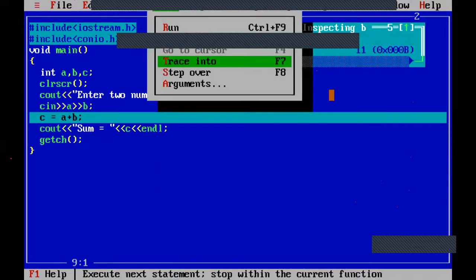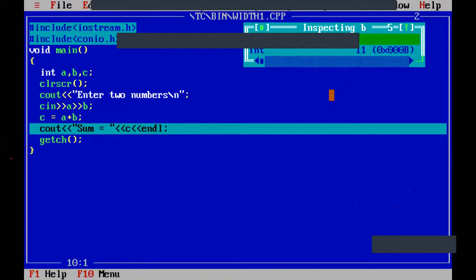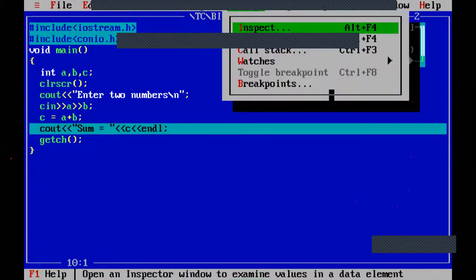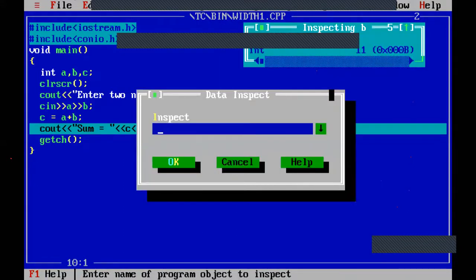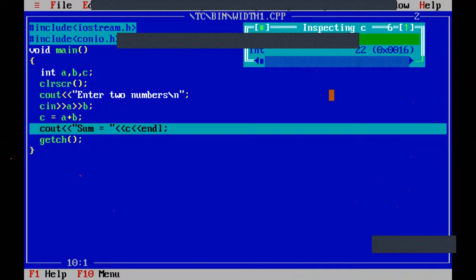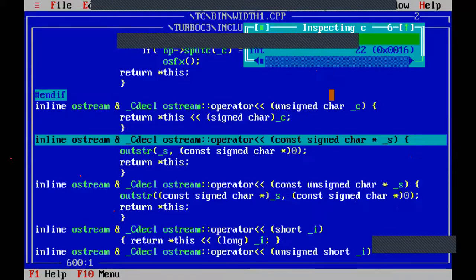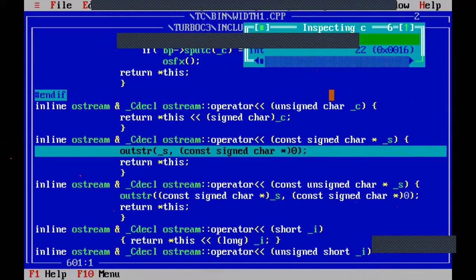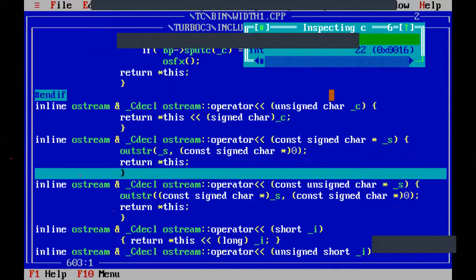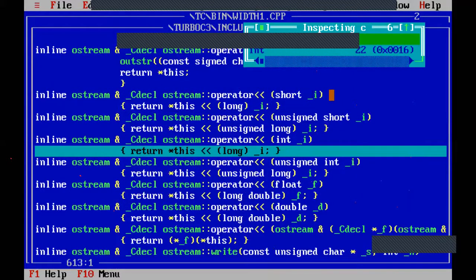Then you trace the program again. Now, if you look at the C value, go to the debug option, Inspect. In the inspect option, you give the variable name. I am giving C. So C equals 11 plus 11, which is 22. See here, it has changed. At the top right corner of the screen, it is 22. Now program control is in the cin statement, so we will go to iostream.h. In iostream.h, some lines will work.